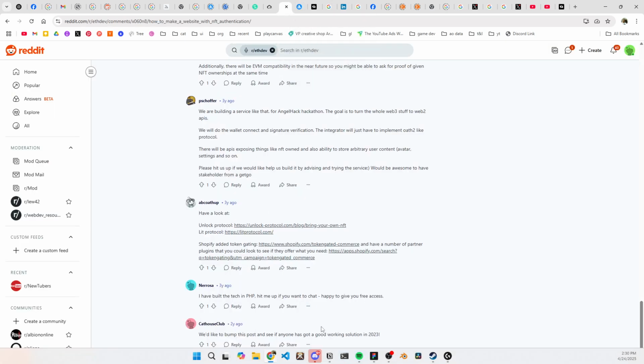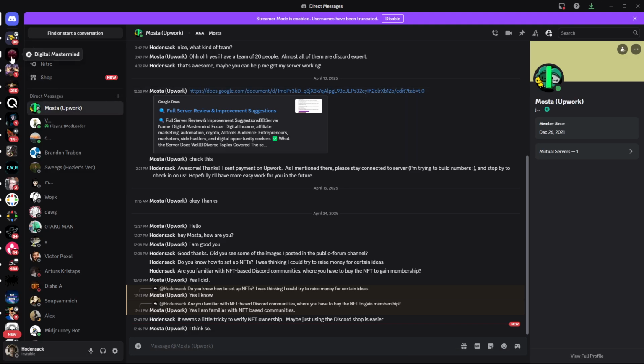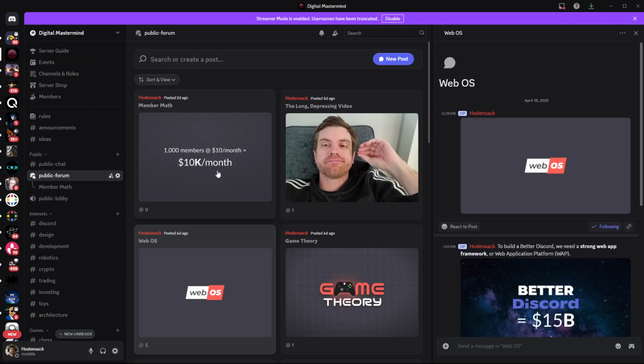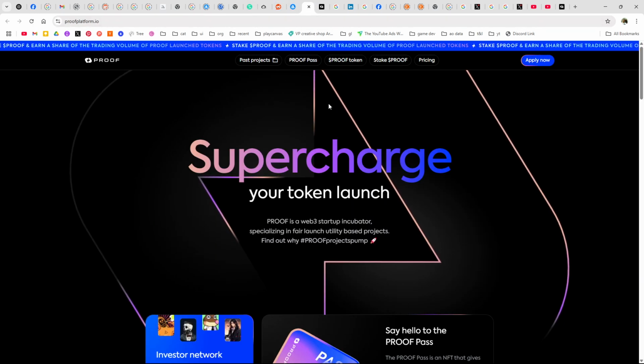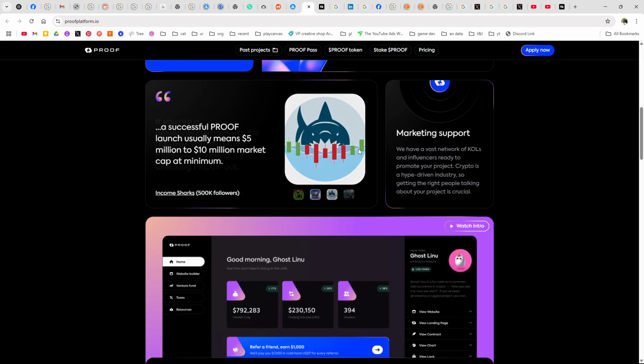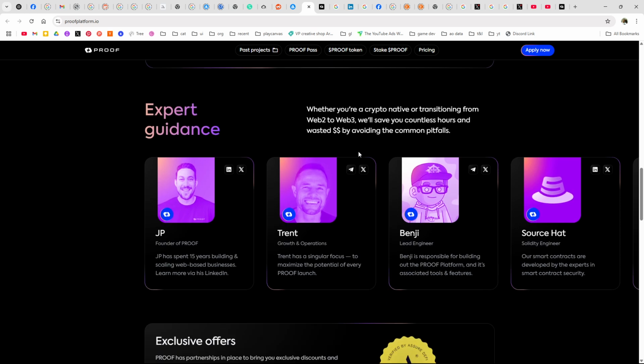Thinking about making a Discord mastermind community. I have it set up here, kind of. And so NFTs are often used with mastermind communities. Like that proof seems to be, well, they called themselves an incubator on one of their pages. I think there was a website here. You could click on this little web link. Look at how many tabs I have open. I need to organize these, but so it's an incubator, launch incubator, which is sort of what I need.